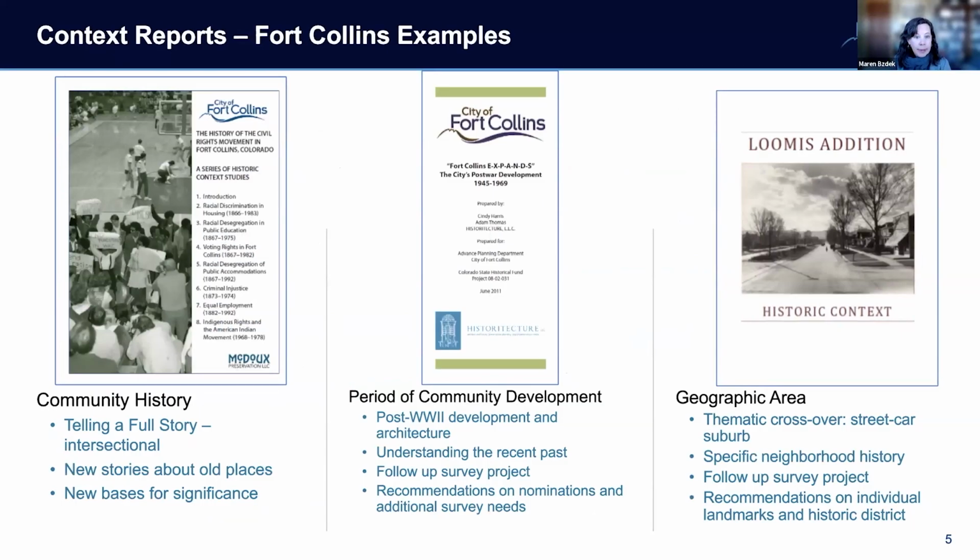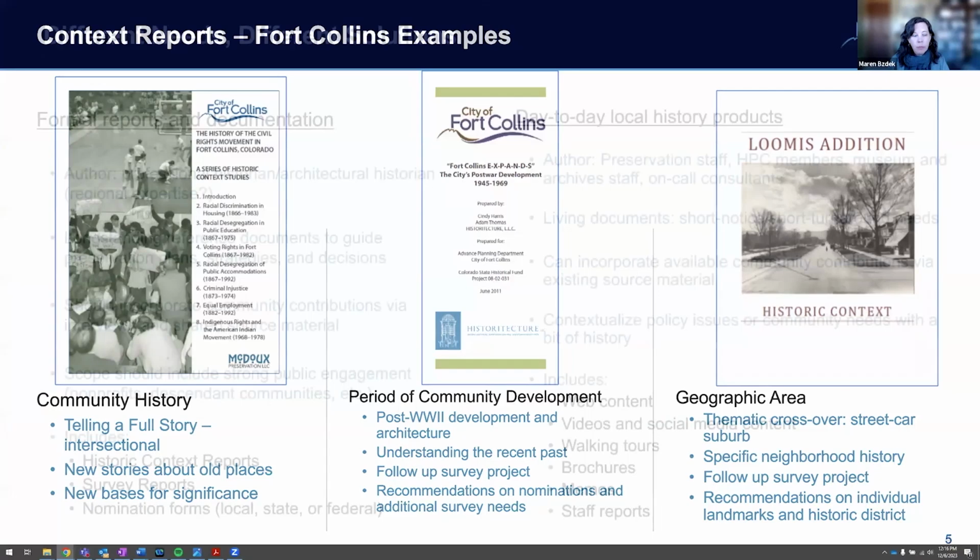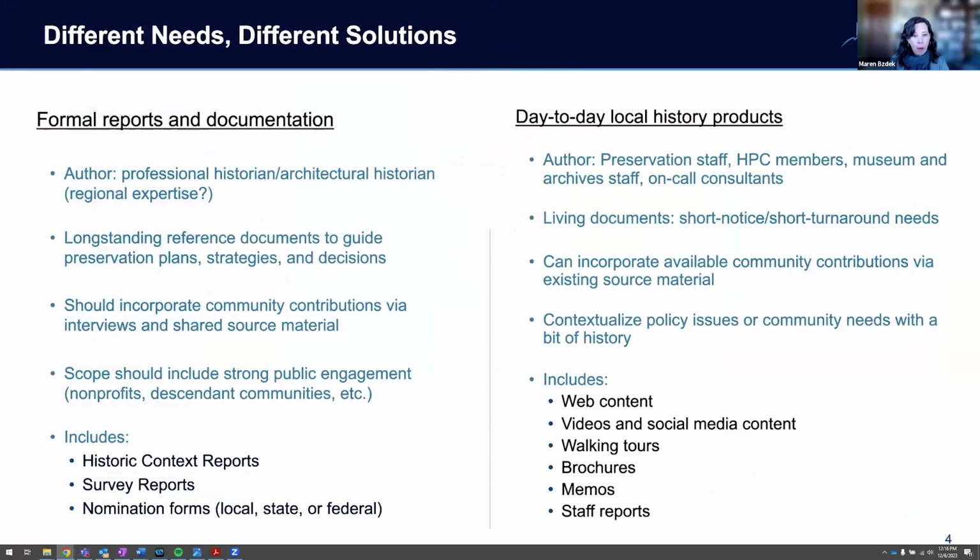And we will provide a link at the end to all of our contexts that are organized on our website. But in the meantime, I'm just going to give you some examples here. These are different types of contexts that were produced under different circumstances. And so I hope they'll help illustrate the ways in which you can both be proactive in anticipating community needs that contexts can support, and also ways in which you can be responsive to needs that come up.